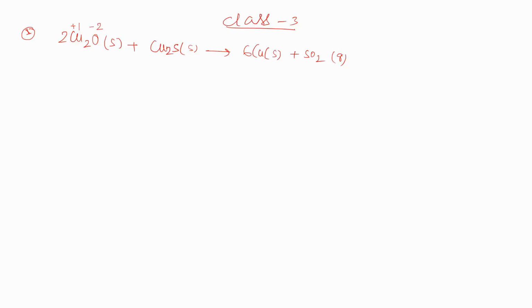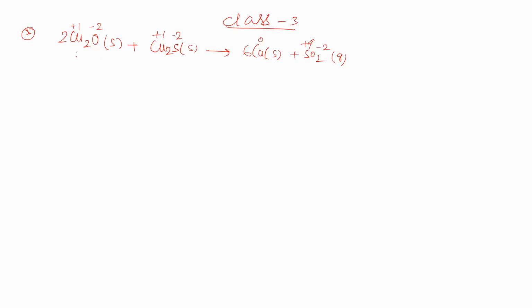Similarly here, the sulfur gives a -2 charge. So copper will have +1 oxidation state and sulfur will have -2 oxidation state. And copper, this is the metal, so copper metal is free here, so the oxidation state is 0. And for that SO2, the sulfur will have the +4 oxidation state and oxygen will have -2 oxidation state. So if you see clearly, this is a redox reaction. Why am I saying that this is a redox reaction? Because